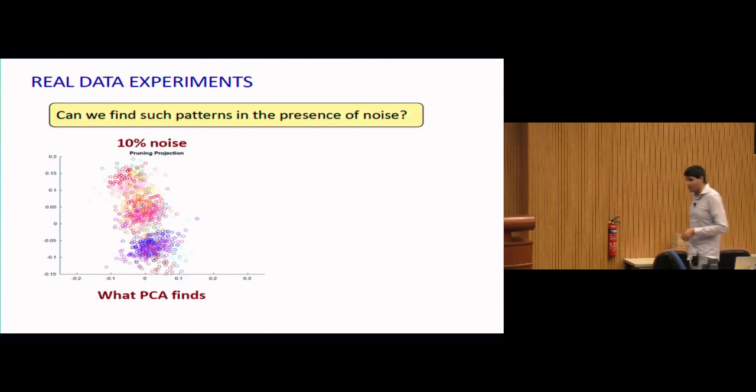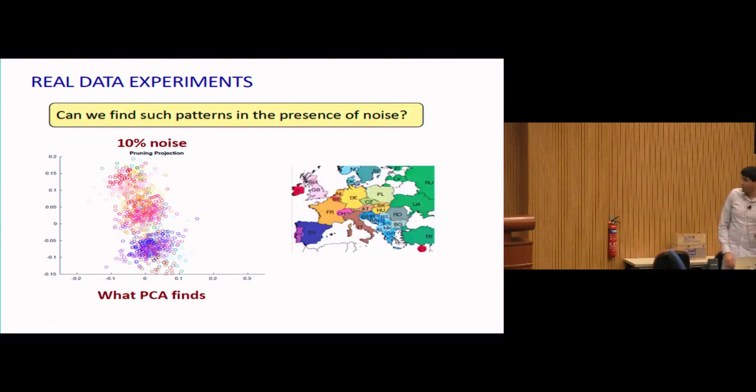In fact, we did exactly that: we added 10% random noise along a random direction. And what happens is that when you add this 10% subpopulation that's correlated along a totally different direction, you can rotate your singular vectors very badly, to the point where if you do something like naive PCA, you get something that looks nothing like the map of Europe. So if you had just this 10% of noise in your high-dimensional data, you would never be able to find these kinds of genetic phenomena that exist within your data. It's totally been obfuscated from you.